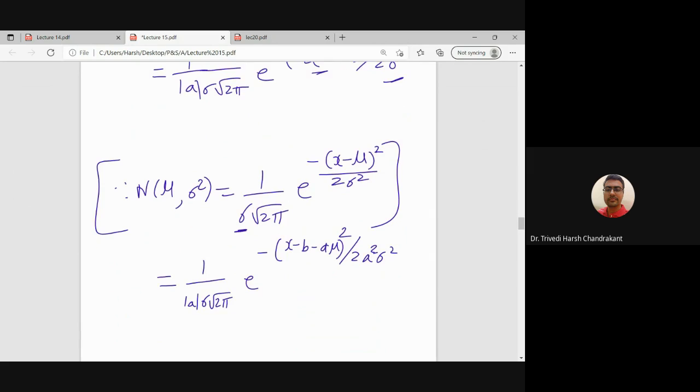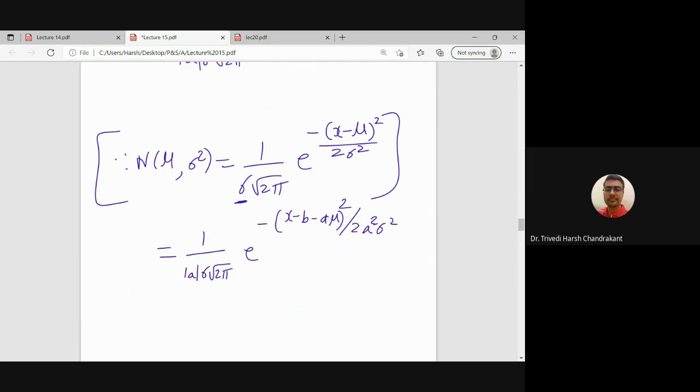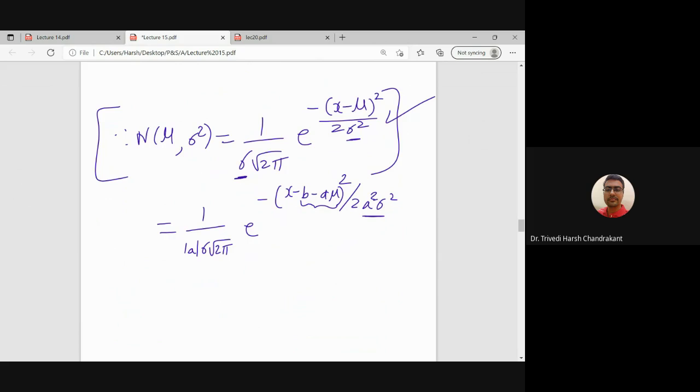So now what is this formula? This formula is in this form, where our new mu is this one, right? And our sigma, which is the coefficient of 2, has become a square sigma square. So that means this is essentially,